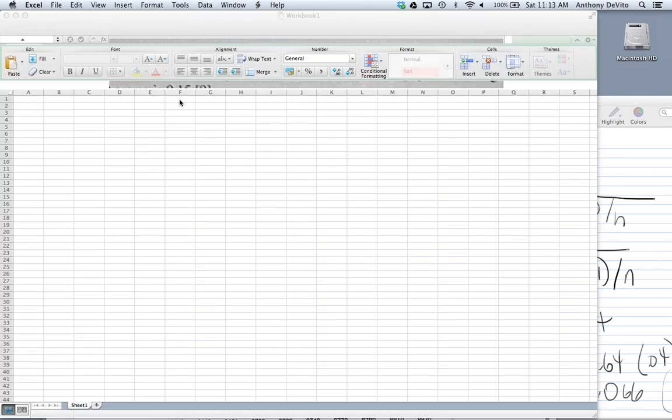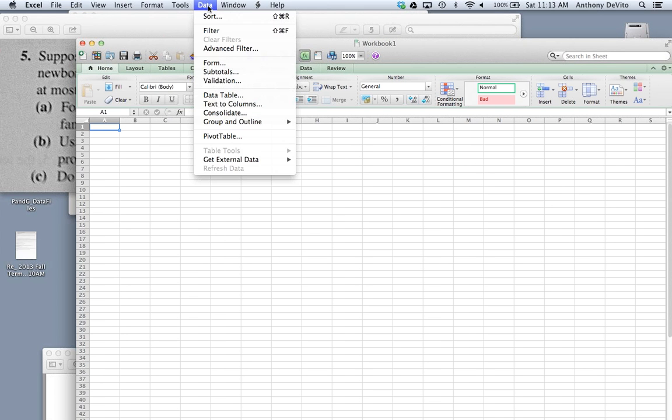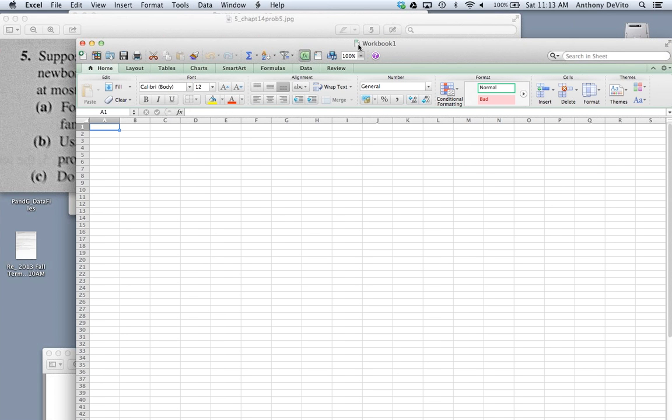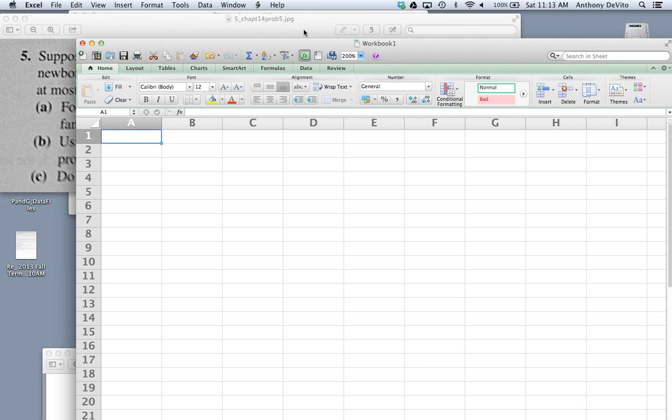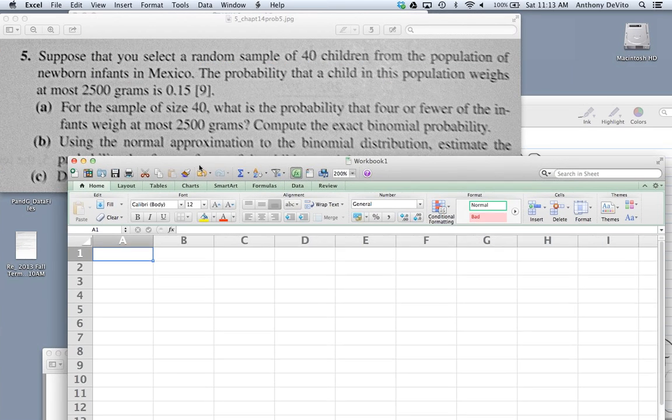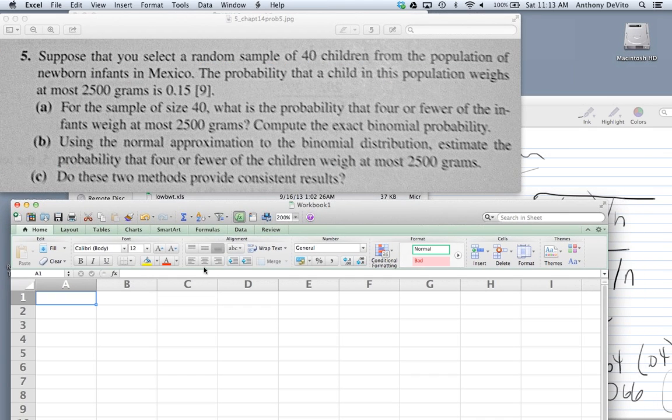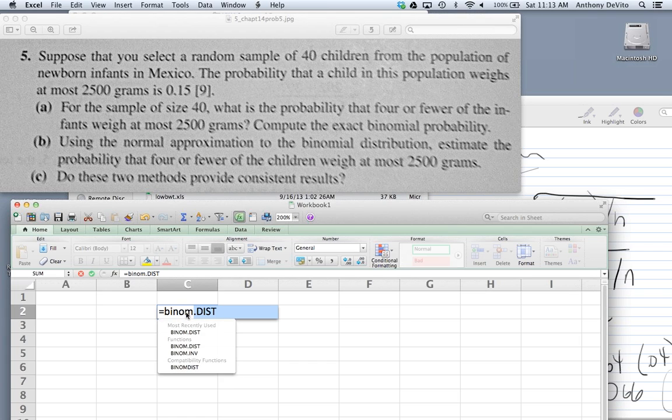Okay, and I'm going to make this big. Data, let's see if I can make this bigger so we can see it. Okay, so now let's see what I got here. I'm going to use a binomial distribution. Equal binom dist parentheses. It prompts me for the numbers that it needs to